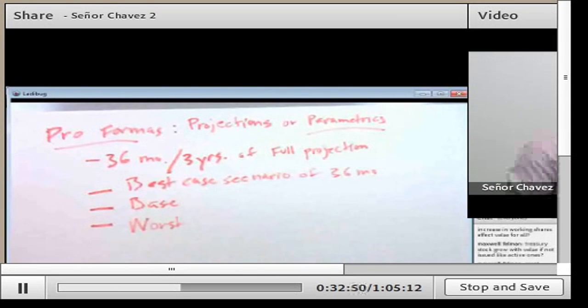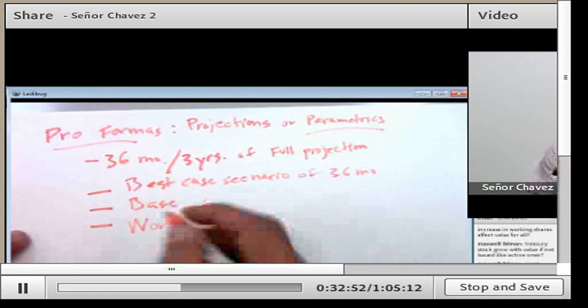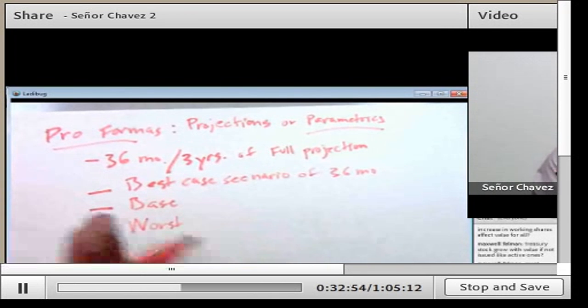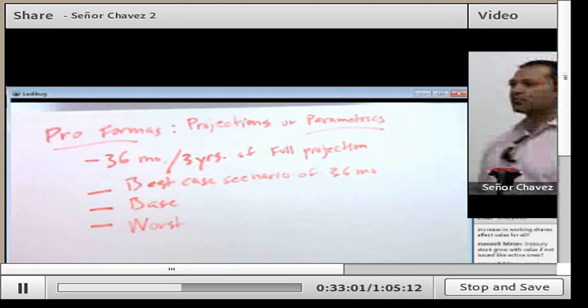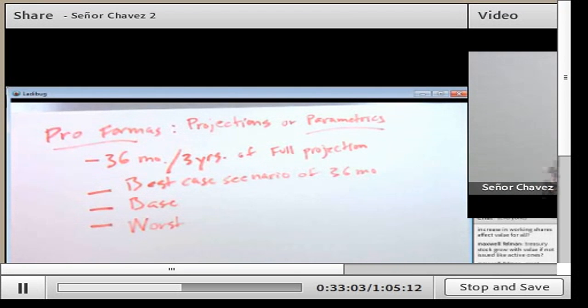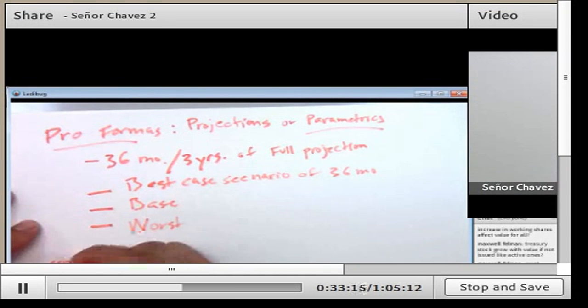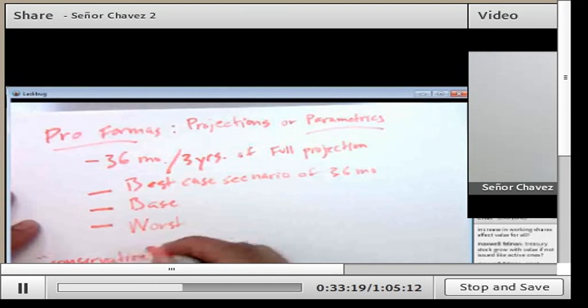That's right. They typically do the best case scenario because they're trying to sell it. They want that loan. They need that investment in equity. Whatever it may be, a debt or equity scenario, they require money and they require it yesterday. And they always use the word conservative. And I believe we've talked about this. Do not